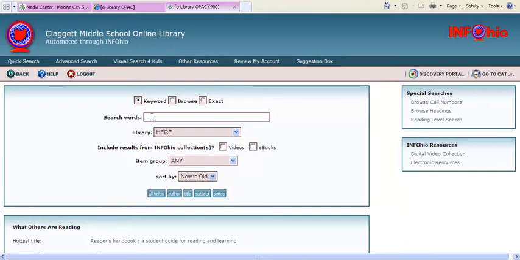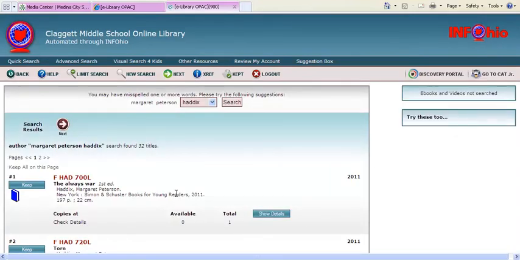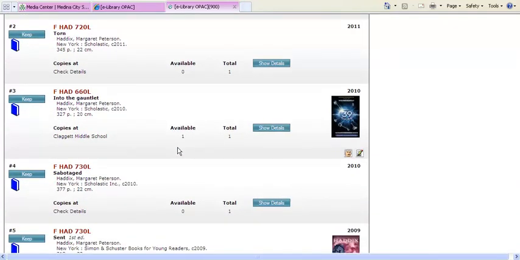So let's pick an author that we're interested in. Margaret Peterson Haddix, and we're going to click author. And it brings us to a list of books showing that she has 32 titles in the Claggett Library. So scrolling through those a little bit, we see there's a lot of books. They all have the same call number, FHAD, because they're all fiction books and they're written by Margaret Haddix, and those are the first three letters of